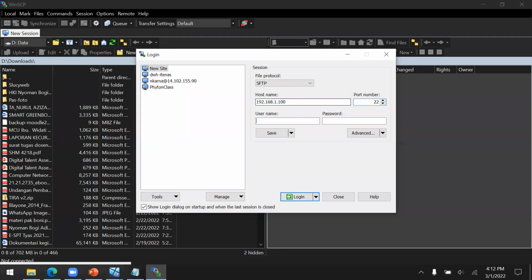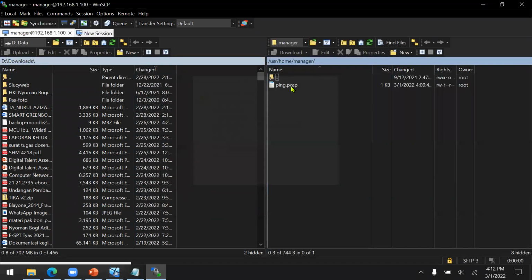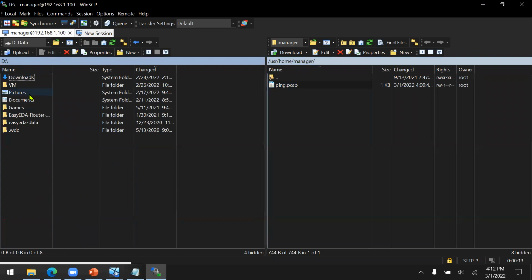192.168.1.100. The username is manager and the password is cybersecurity. Login. Okay, now there is the ping.pcap. Now I can just try this one, ping.pcap.